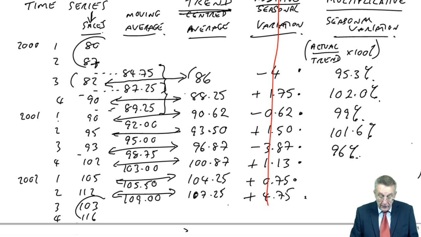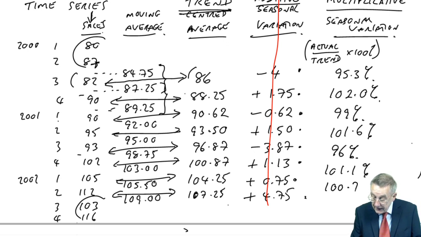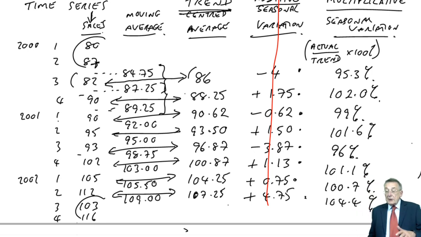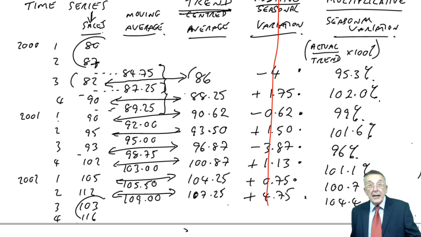96%, 102, 101.1%, 105, 104.25 is 100.7%, and finally 112 divided by 107.25, 104.4%. So sorry, I'm being a bit messy there, but still. So instead of looking at the absolute difference as we did in the additive model, actual is a percent of trend. And then, in the same way as we did before,